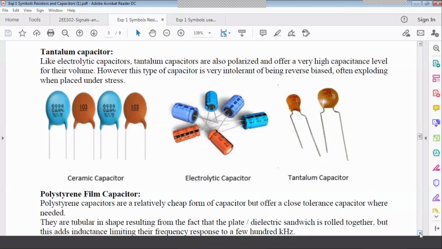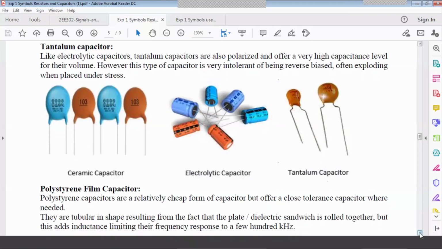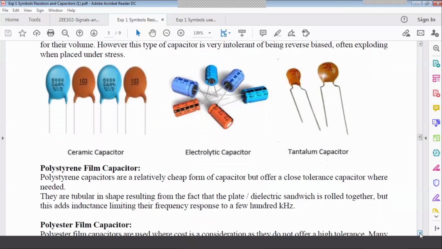In a fan we use this capacitor because in ceiling fans mostly we use it. Why? In fans we have a single phase induction motor, and that motor is called a capacitor run, capacitor start motor.